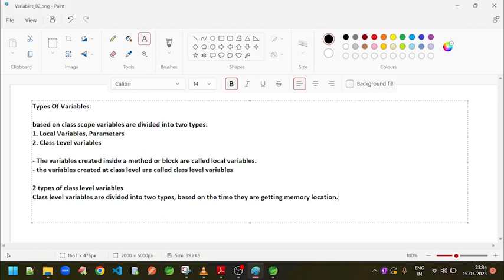Based on that, the class level variables are again divided into two types. So what are they? They are